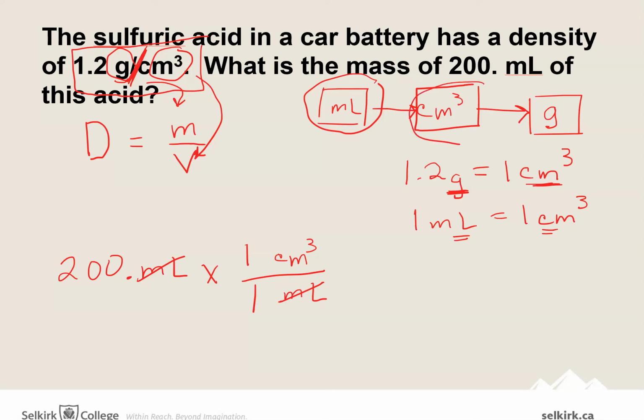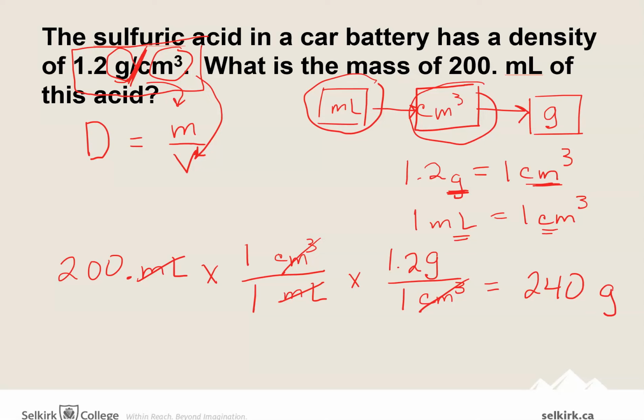All right, so now we're at cubic centimeters. My map says in the next step, get rid of cubic centimeters and get grams. And again, units go first. Grams in the numerator, that's 1.2, is 1 cubic centimeter. Work your units like you're not the one that proposed them. And here we go. So when you work that out on your calculator to the correct number of significant figures, if you need to pause and do that. This is another one I can probably do in my head. I think that's 240